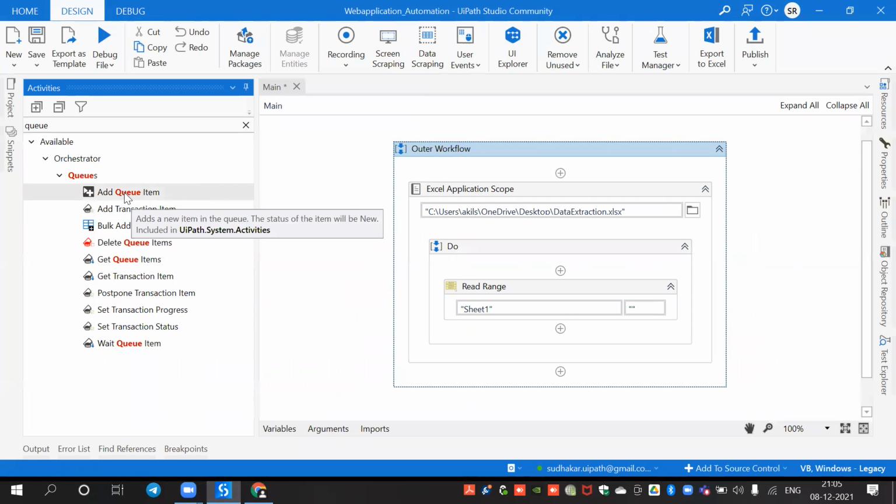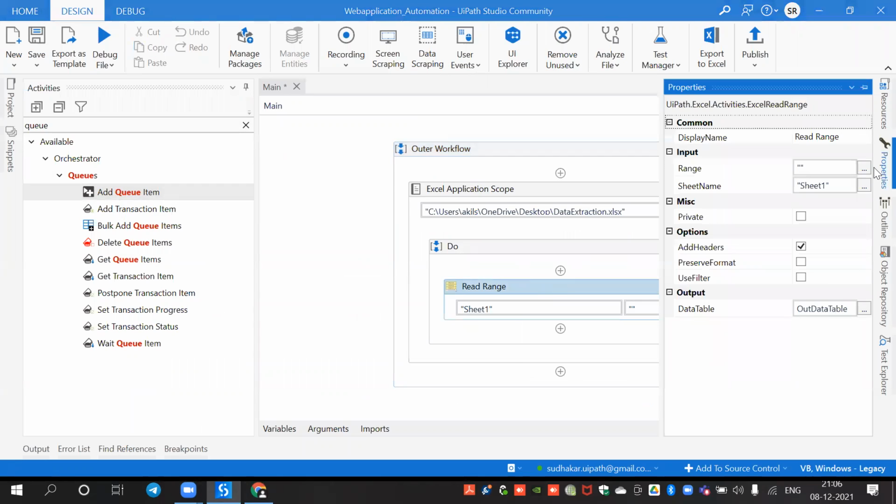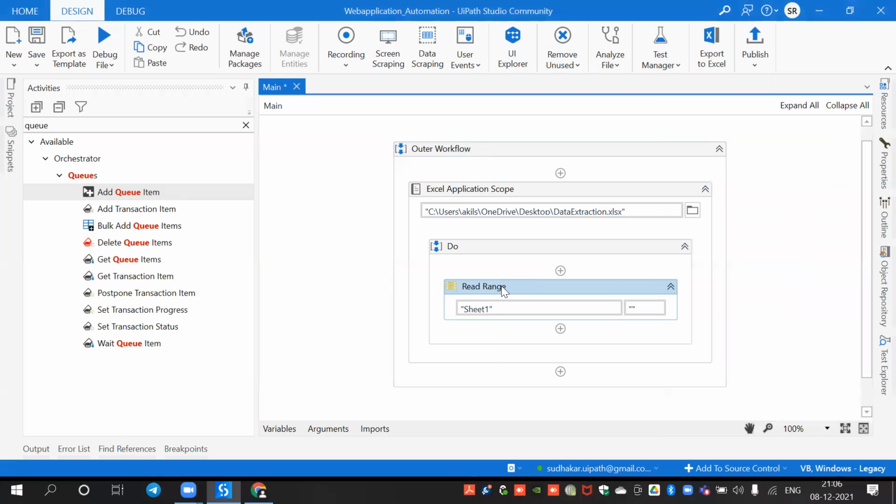So now we are into the queue. Actually, there are two ways to add the data into the queue. The first one is, I have data in a data table. Whenever we have data in the data table, and I want to upload all the data which is available in an Excel file,